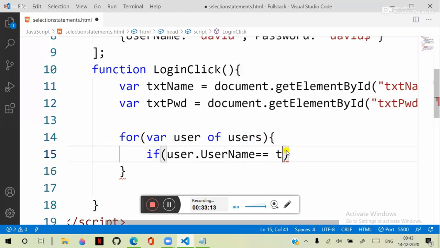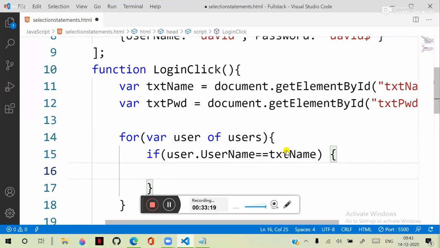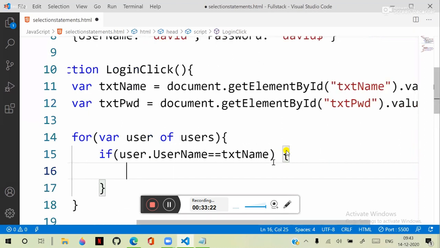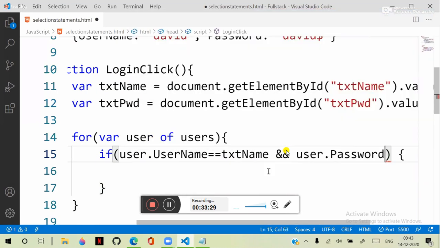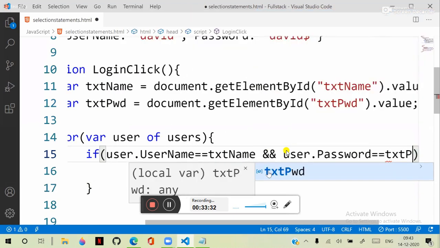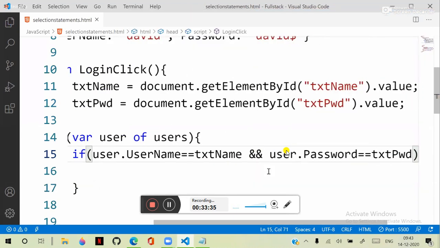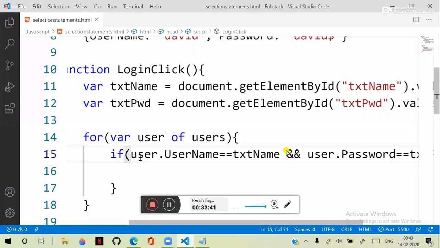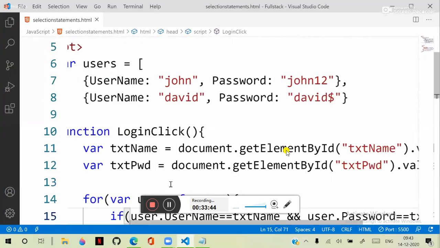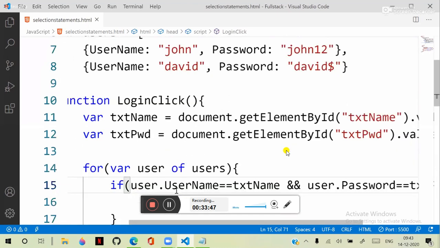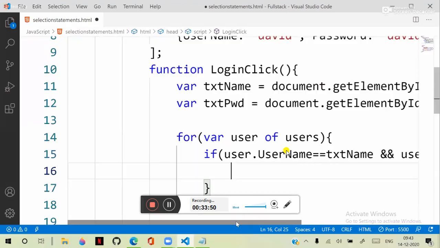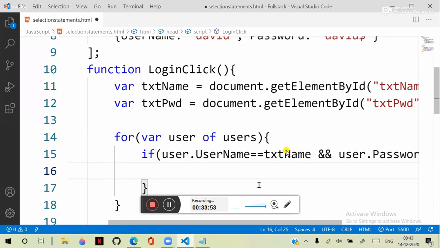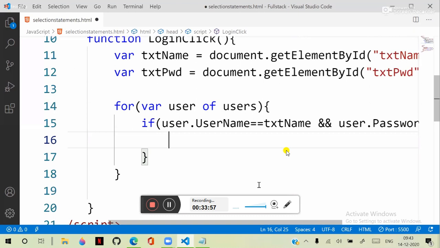So if username is matching with txt name, with double equal, and the password also should match, then double ampersand. This indicates user dot password is also matching with txt password. That means the username and password that you entered match the username and password available in the data. If they are available, then we can say success, or temporarily, if you want to navigate to some other page,